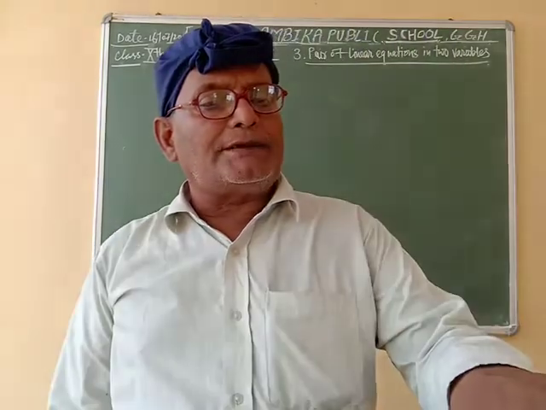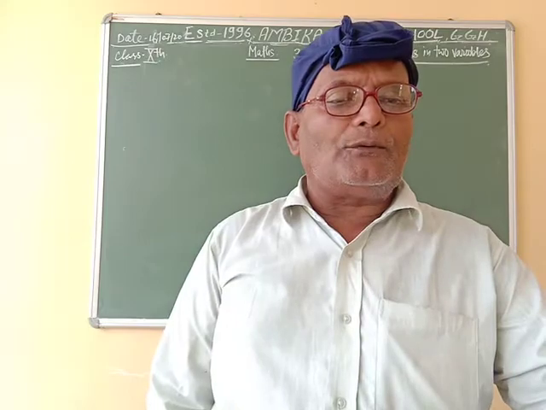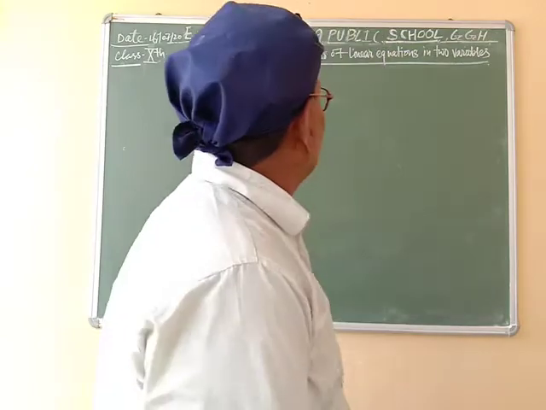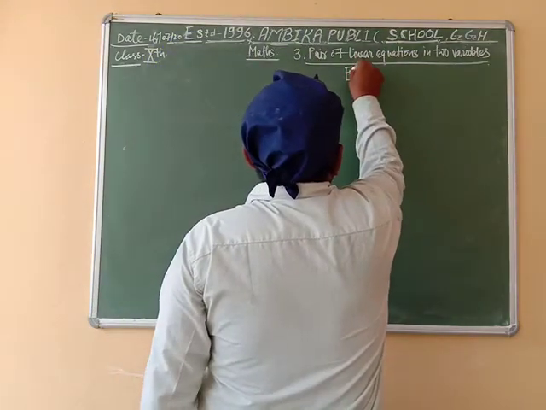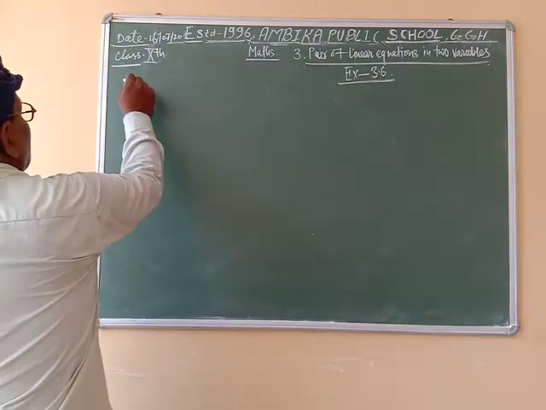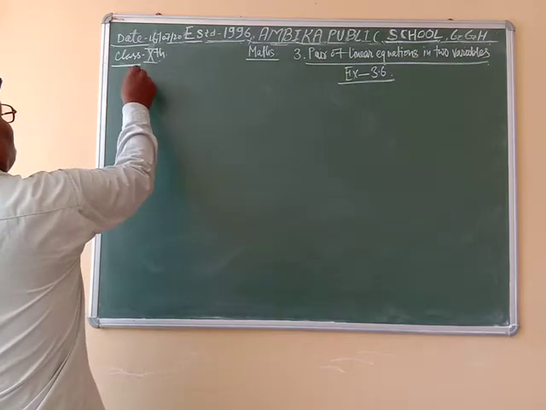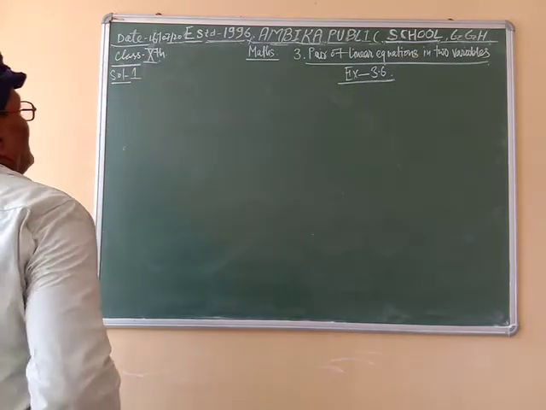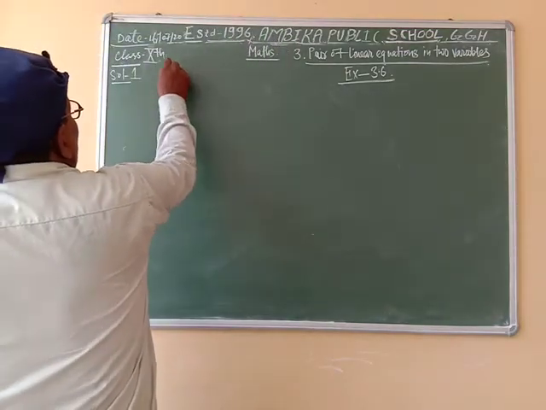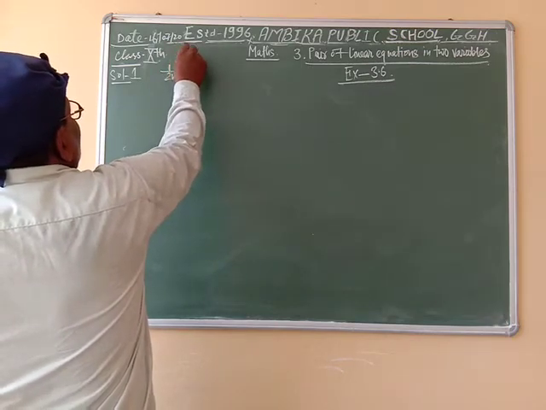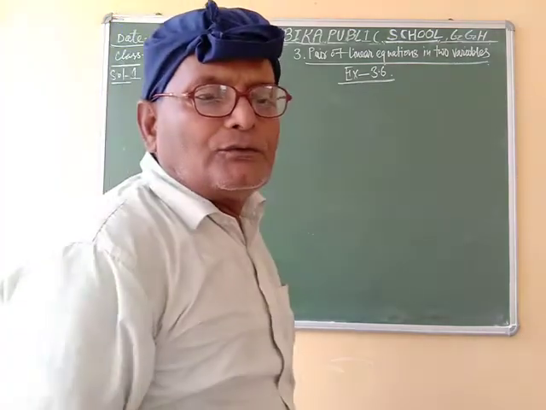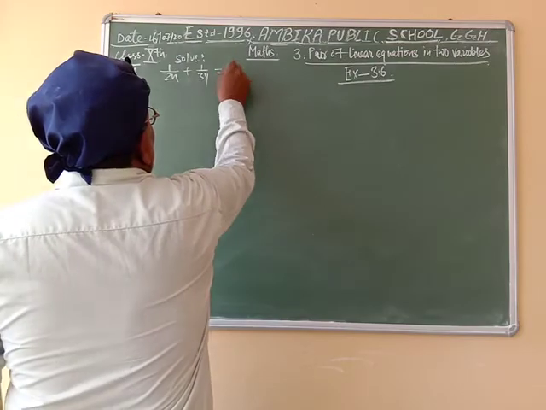The first question of exercise 3.6 is: solve the following pair of equations by reducing them to a pair of linear equations. Exercise 3.6, question number 1. Solve the following pair of linear equations: 1 by 2x plus 1 by 3y is equal to 2,